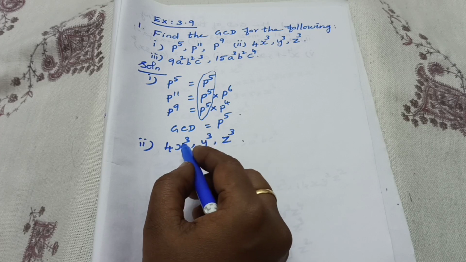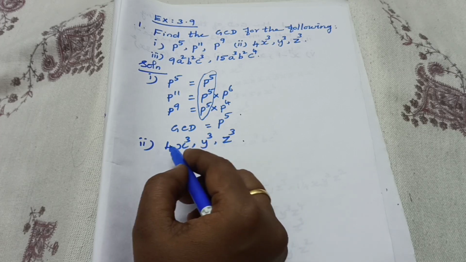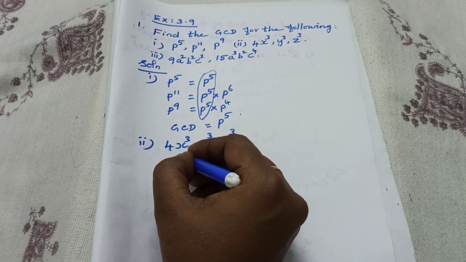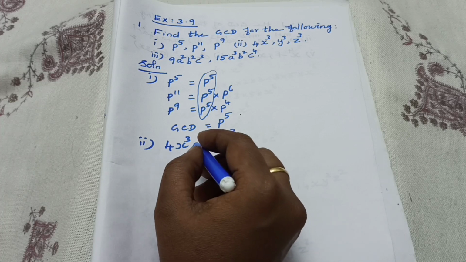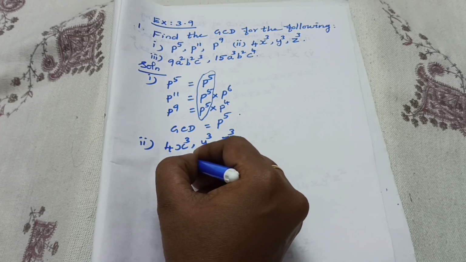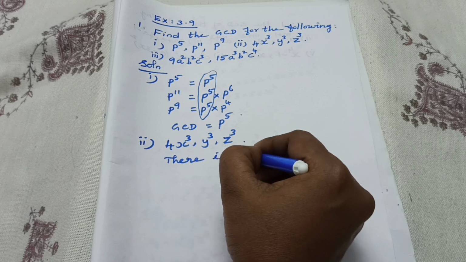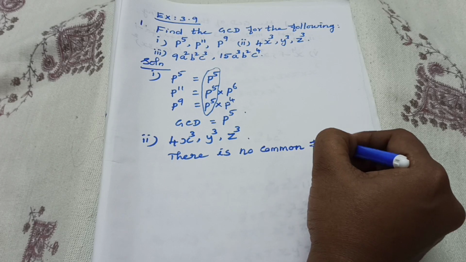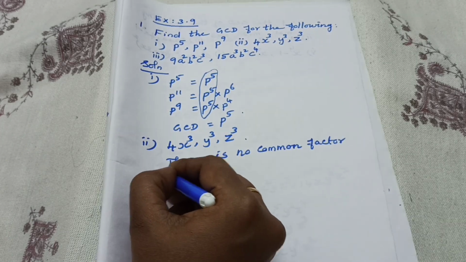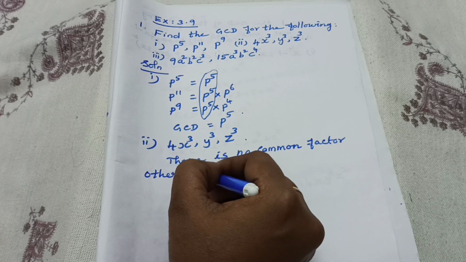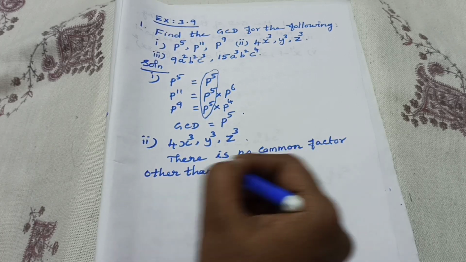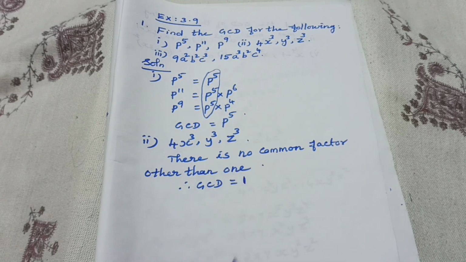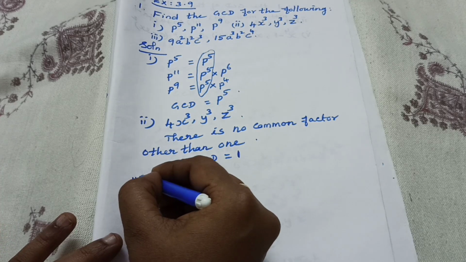Here 4x, x is there, but here no x, isn't it? Y, here also no y, here also no z, isn't it? So how can we write the answer? What's the GCD? 1 is the GCD, isn't it? How will you write the answer? There is no common factor other than 1, isn't it? Other than 1. Therefore GCD is equal to 1, the common divisor. Okay. Next, third one,